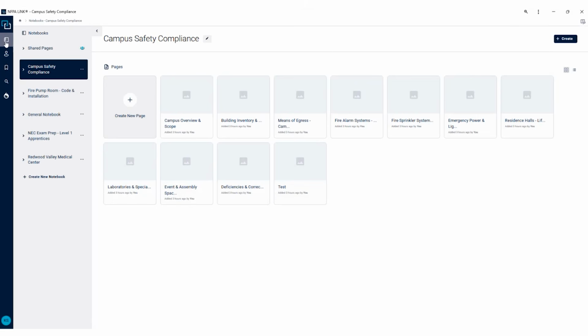This feature allows our users to create structured notebook pages that contain text summaries, images, and checklists all in one place. They're going to be able to add NFPA code references directly to those pages so they can keep their own interpretations, notes, and action items all connected to the source material and be able to move seamlessly between reference and application. So you can see I've already got a couple sample notebooks created, but we're going to go ahead